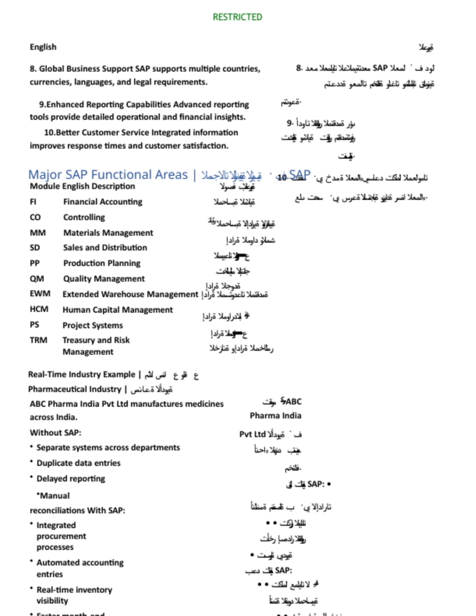Let's look at a real-time example from the pharmaceutical industry, ABC Pharma India PVT Limited. Before SAP, they faced challenges like separate systems in each department, duplicate data entries, and delayed reporting. Manual reconciliations slowed everything down. With SAP, procurement is integrated, accounting entries are automated, and inventory is visible in real time. This leads to faster month-end closings and smoother operations overall. SAP's major modules cover everything from financial accounting to quality management, supporting global business needs with advanced reporting and improved